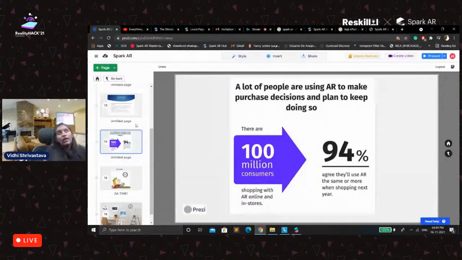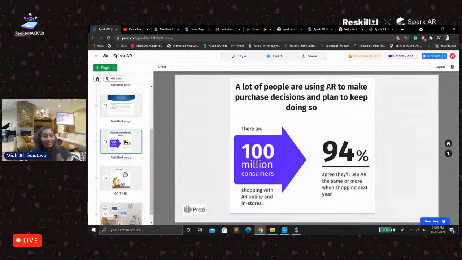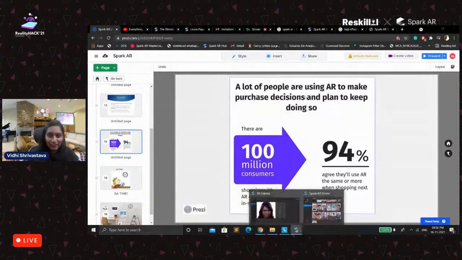And it is also helping old age people, as well as agriculture, how AI is being used. So a lot of things are going to come in the coming years, and this AR has been a buzzword till now, and still it will continue to be. So I hope you guys have understood how to make at least basic filters.